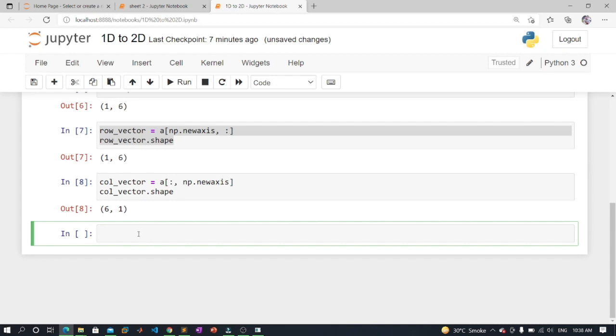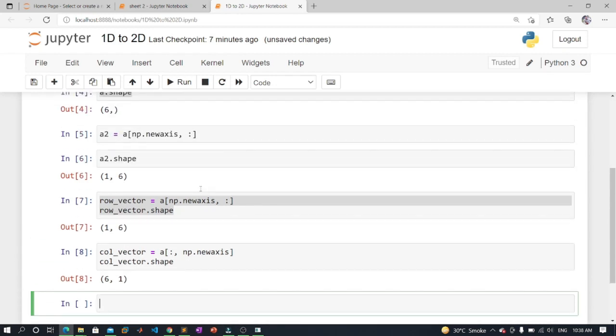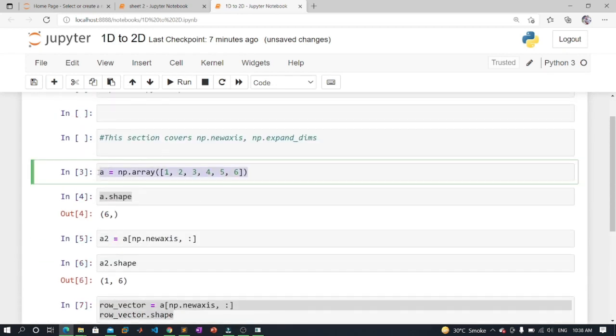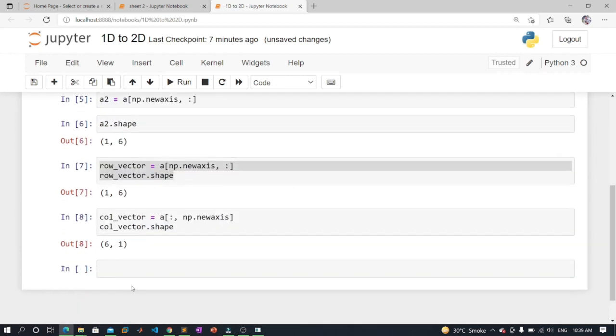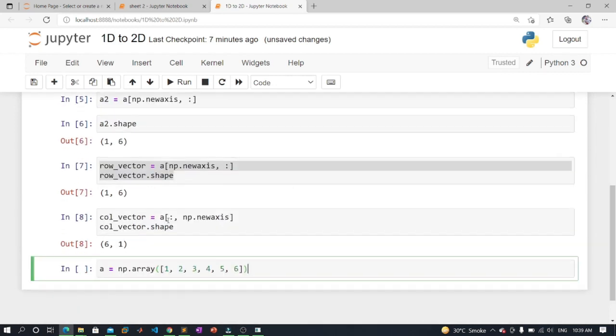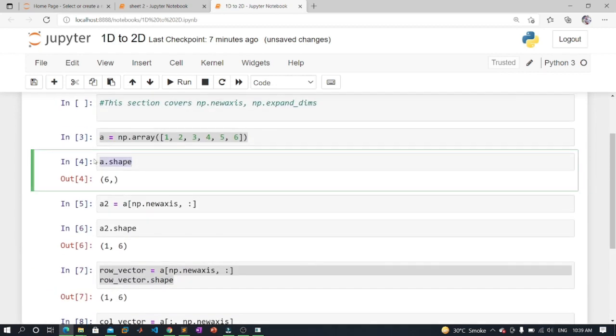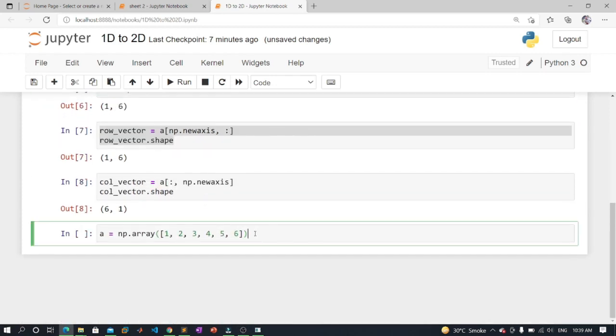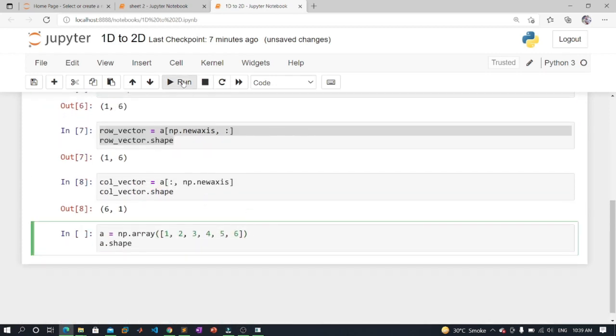You can also expand an array by inserting a new axis at a specified position with expand_dims. So for example, we have again the same example, a is equal to 1, 2, 3, 4, 5, 6, and the shape is also the same. So run this,